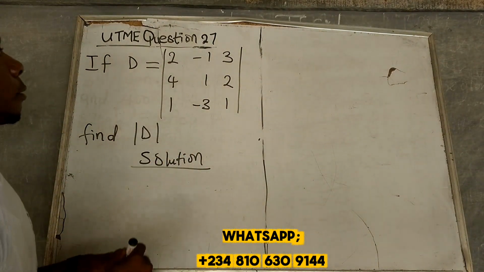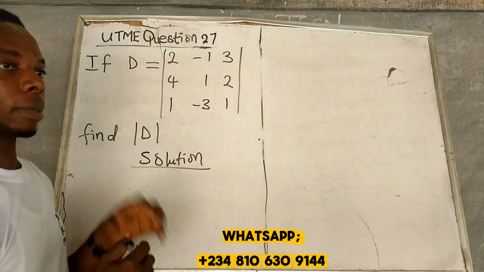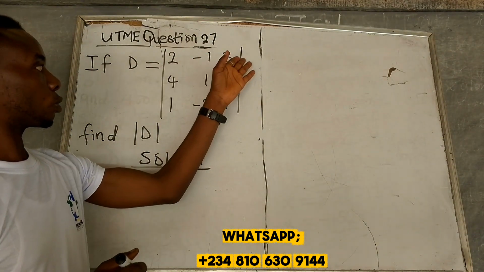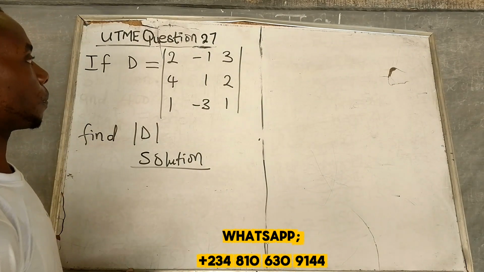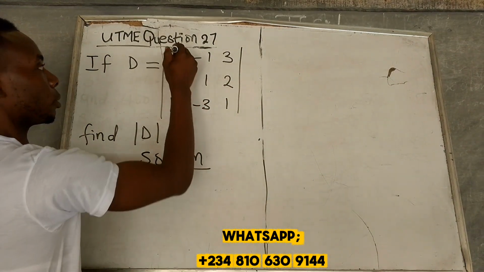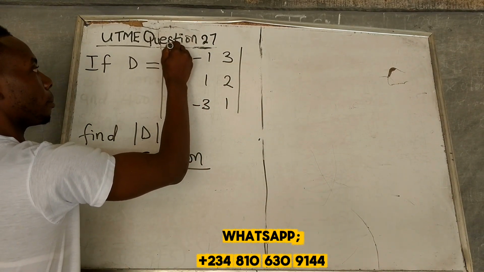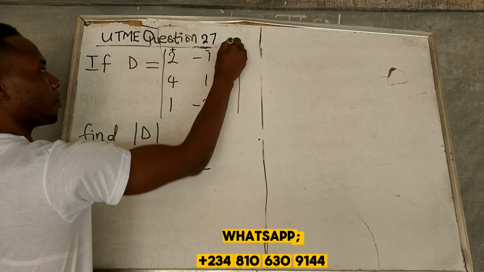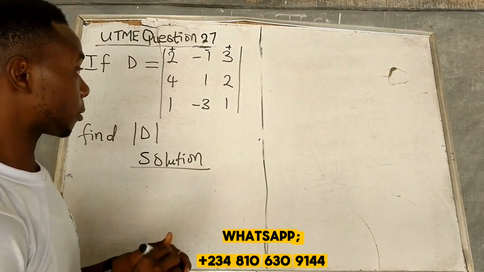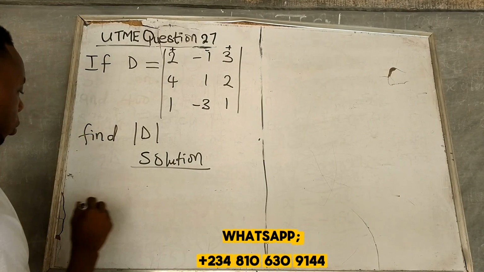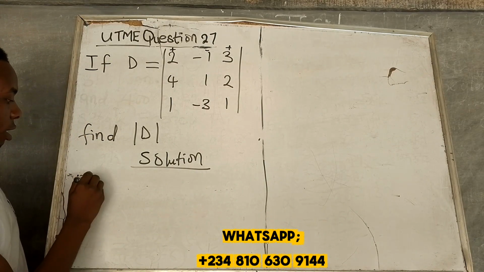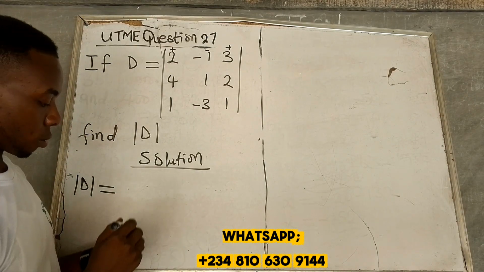What are the steps? First of all, before you start solving this, make sure you identify the rows and the columns. In the rows, you number them and put a sign on them: plus, minus, and then plus. Take note of that. Don't forget. Before you start solving, you remember that. So, the determinant of D will be equal to